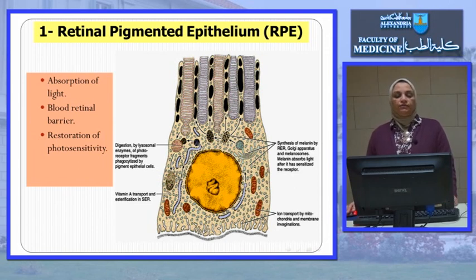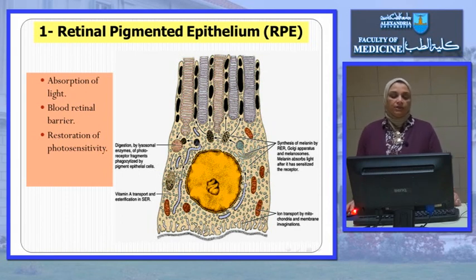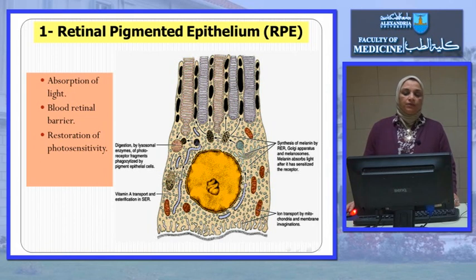Here, esterification of vitamin A is through the smooth endoplasmic reticulum present in this retinal pigmented epithelial cell. So the modifications of these cells to adapt their function are, number 1, presence of melanin for absorption of extra light; number 2, complex tight junctions between the cells for formation of the blood-retinal barrier; number 3, presence of numerous smooth endoplasmic reticulum, which helps in esterification of vitamin A, and so restoration of the photosensitivity. The last function is, as I said, the apical part of the cell contains microvilli, which is related to